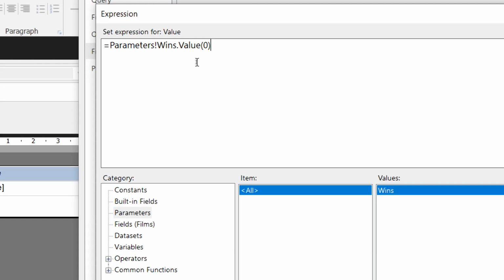Unlike all the other parameters we've encountered on the course so far, this parameter comes along with a number in parentheses at the end of the word value. So remember that our parameter now returns an array, it's returning multiple items. The number in parentheses there indicates which of the values in the array is going to be used for this expression. So although we can select multiple items from this list, we can type in as many items as we like, by default this expression will only refer to the very first item that we enter into that drop-down list